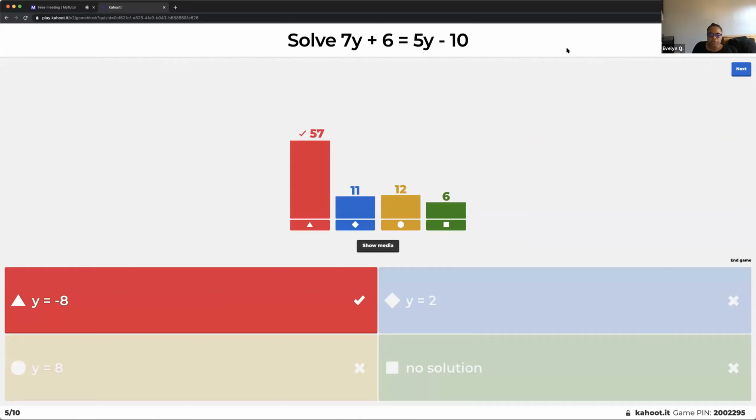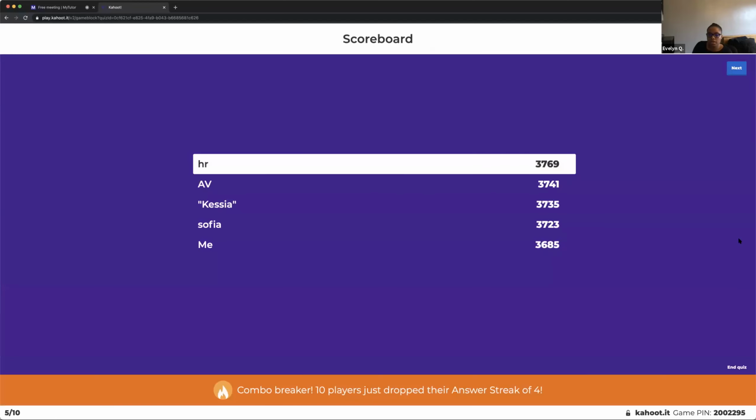Right. Well done for those who got y equals minus 8. Now remember, get all your y's on one side, all your numbers on the other side. If I look for the smallest y and I move that, I'm going to move my 5y. So I'm going to subtract 5y from both sides. So you're going to get 2y on the left-hand side and minus 16 on the right-hand side. And then you divide both sides by 2. So y equals minus 8. So brilliant. Well done for the top